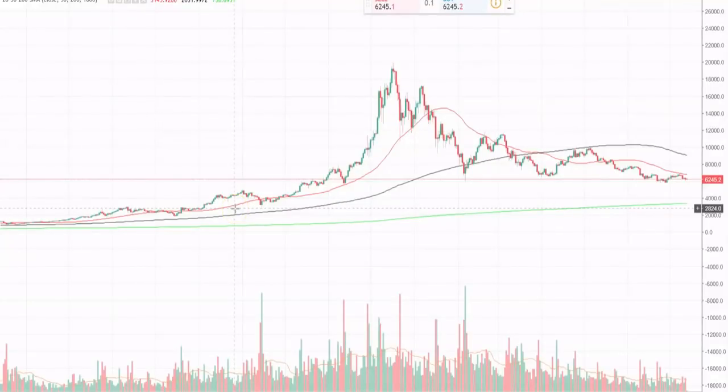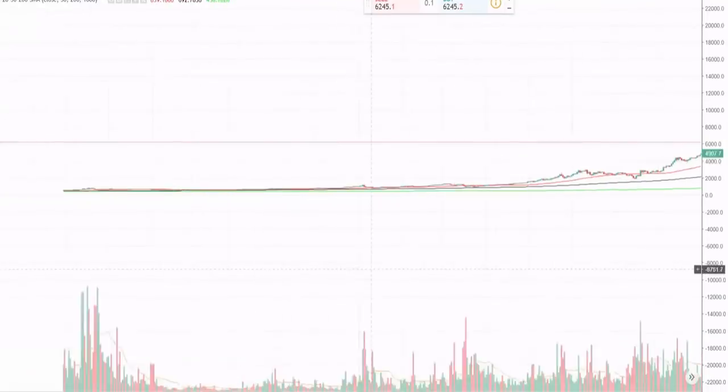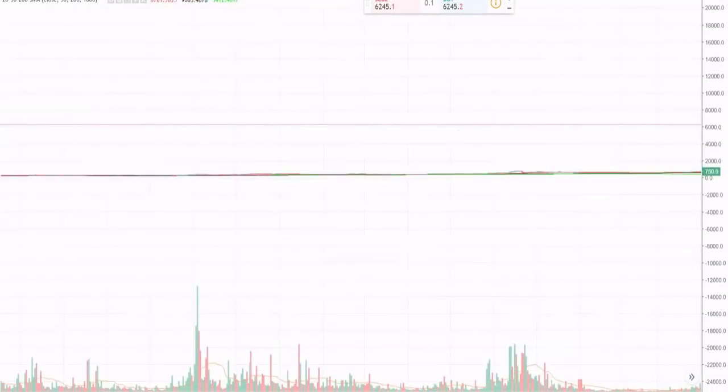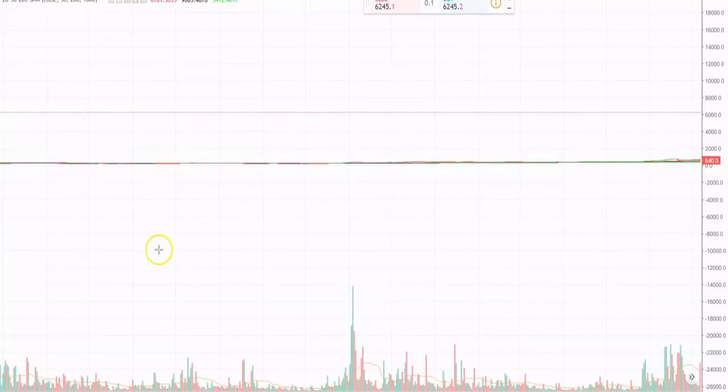But if we go back now, we want to see when this red line, the 50-day moving average, first went above the purple line, the 200-day moving average. For that, we have to go all the way back to November of 2015. So what's the first thing we look at when we're looking at a golden cross? We look at volume. Does the volume add up? And take a look at this, a crazy spike in volume at the end of November 2015.